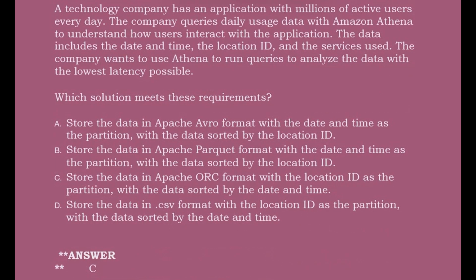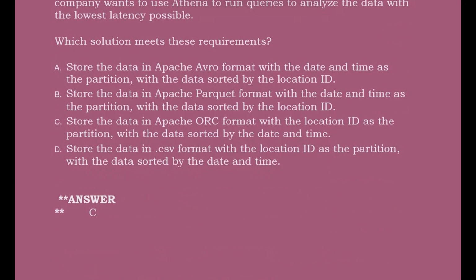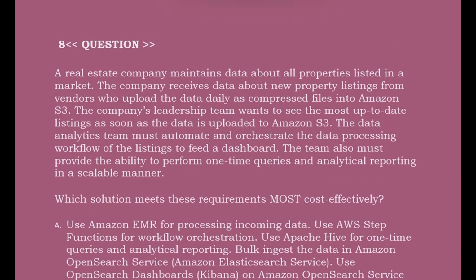Correct answer is option C. Question is, a real estate company maintains data about all properties listed in a market. The company receives data about new property listings from vendors who upload the data daily as compressed files into Amazon S3. The company's leadership team wants to see the most up-to-date listings as soon as the data is uploaded to